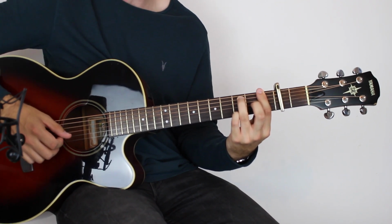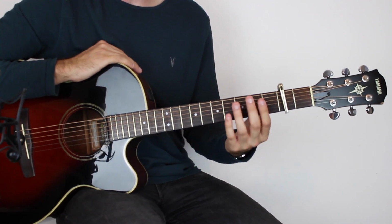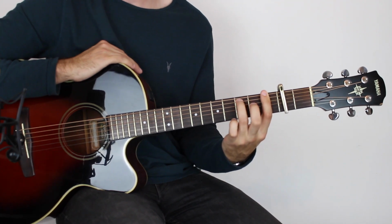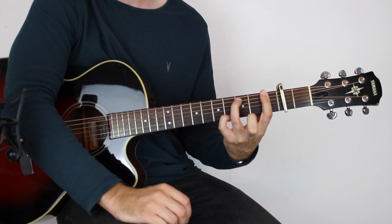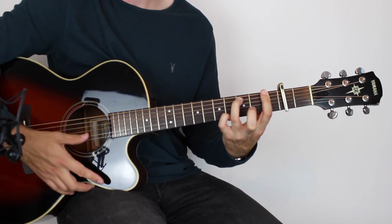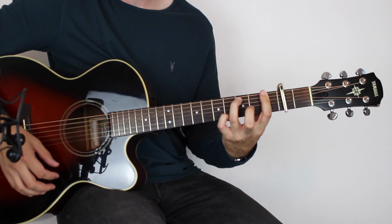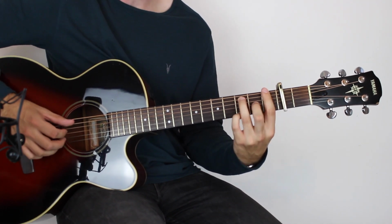No, I missed one chord, I'm really sorry. I forgot to put this F minor 7 in with the chords that we did at the beginning. But anyway, the chord is, if you bar the first fret on all 6 strings and then put your third finger on the third fret of the A string, then with your little finger put that on the 4th fret of the high E string. So it's quite a stretch. Should sound like that. So that is the chord. And you do the pattern once on that. So you go from F9,